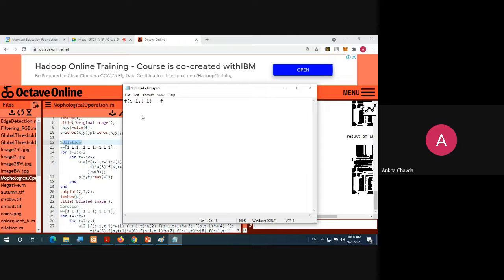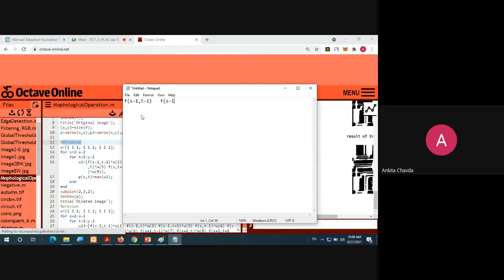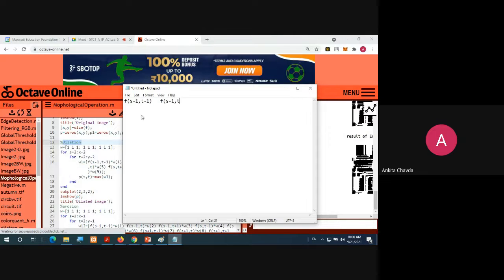Then another one is f of s minus 1, t, and the next one is f of s minus 1, t plus 1, like this. So this middle pixel is your f of s comma t.